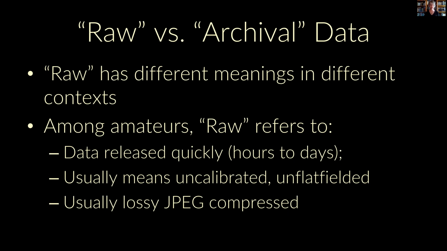It is usually lossy JPEG compressed, and there's a couple of reasons for that. One is that it makes it more accessible because people can more rapidly browse through it and download it, even on iffy connections. It also makes the data less usable for science. So it helps the mission accomplish outreach without encouraging people to do research right away on the data, which helps to mollify some people who are worried about being scooped on science results if the data gets out there too fast. There are a couple of missions that do share their data in PNG format instead of JPEG format.